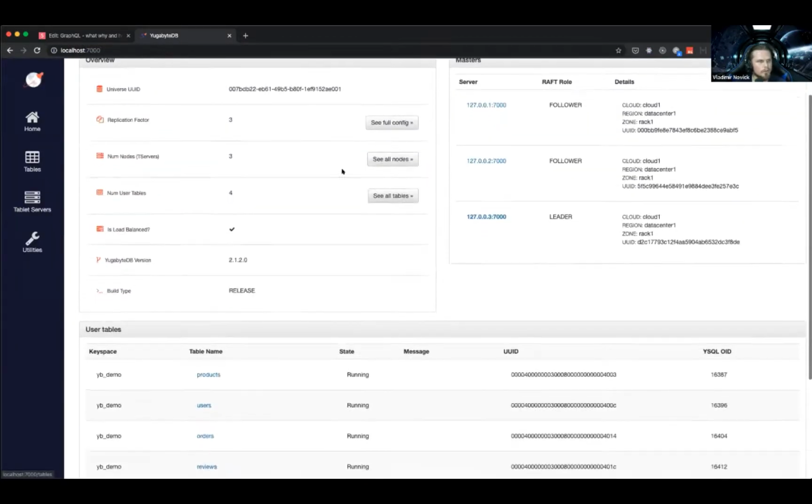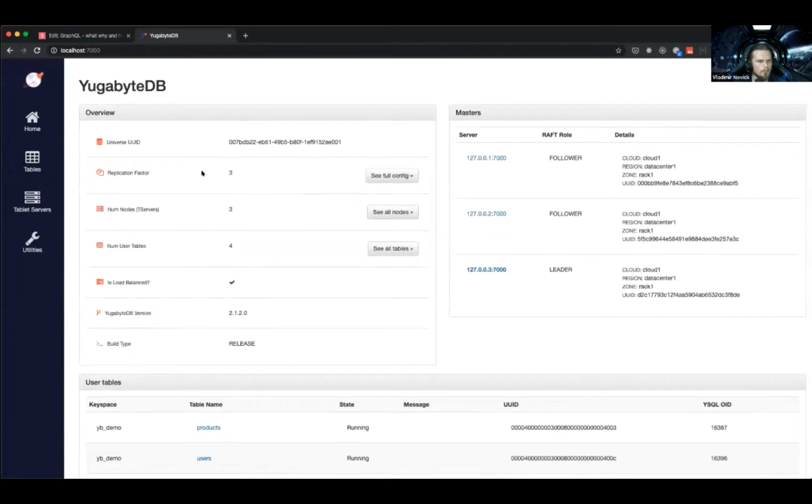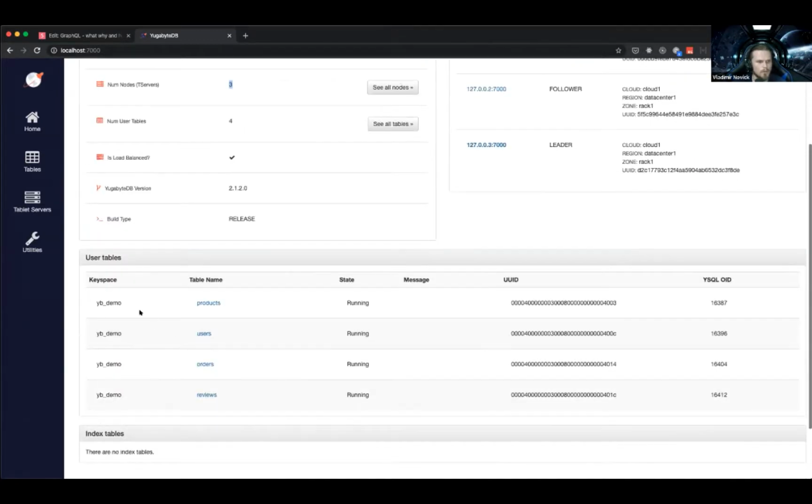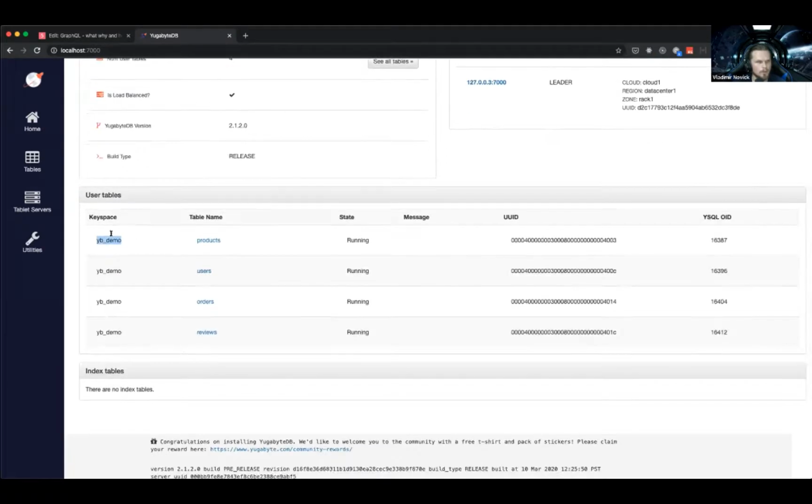And I have here a Yugabyte cluster with a replication factor of 3 and 3 nodes. Basically, I have 3 TS servers running. Whenever one is down, my database will still be available. And it's also distributed. It's on the edge, so it's really cool. You should check that.